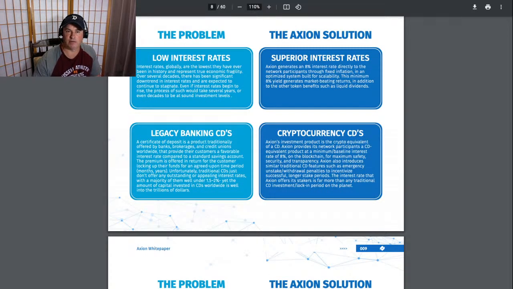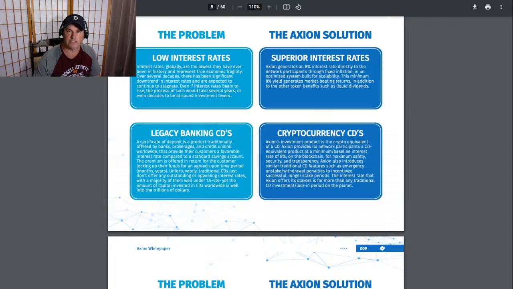Cryptocurrency CDs, by contrast: Axion Investment Products is the crypto equivalent of a CD. Axion provides its network participants a CD-equivalent product at a minimum baseline interest rate of 8% on the blockchain, for maximum safety, security, and transparency. Axion has also introduced similar traditional CD features such as emergency unstake and early withdrawal penalties to incentivize